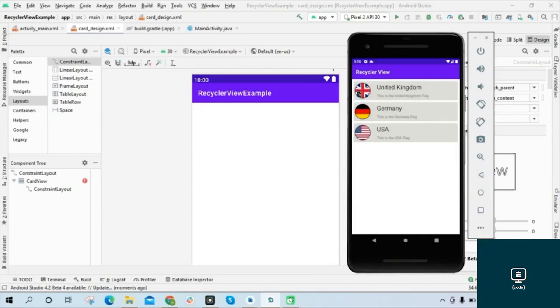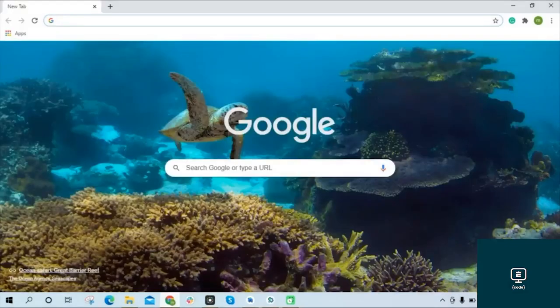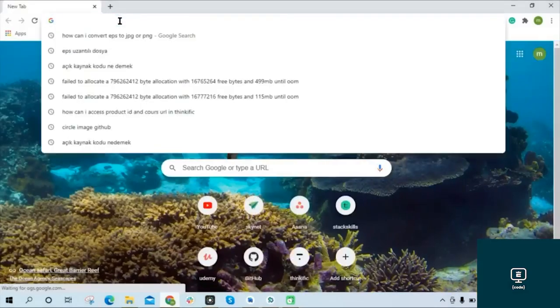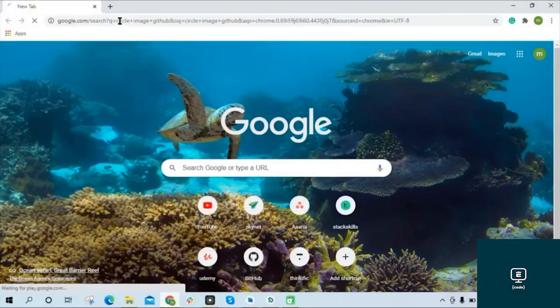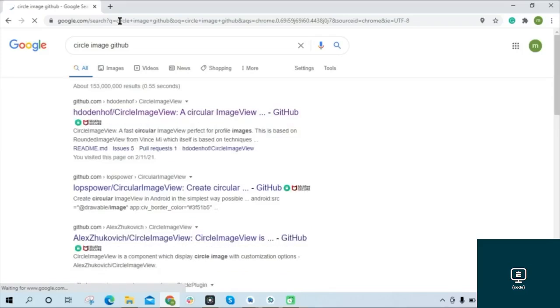The image view components are circular, not square. So our images will look a little rounded. To get this look, we'll need to add a different library to our project. For this, I'll open my browser and write circle image view GitHub in the search bar. I can click on the first result